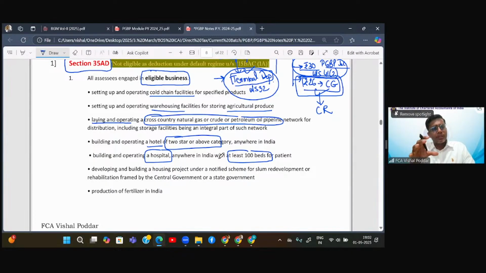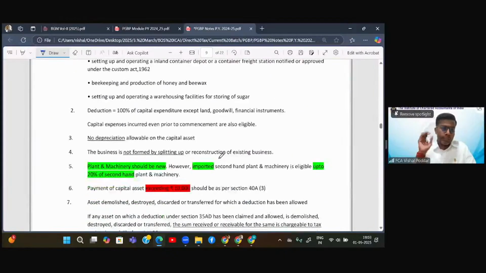Now, these businesses are all called Section 35AD businesses because this list is given in Section 35AD, and the list has different dates because, as I said, this list keeps on amending. So the date from which that particular business is brought under this section is given. Please don't worry, you need not learn the dates. Now, what is important is that where you are engaged in any of these businesses, the special provision under 35AD says,